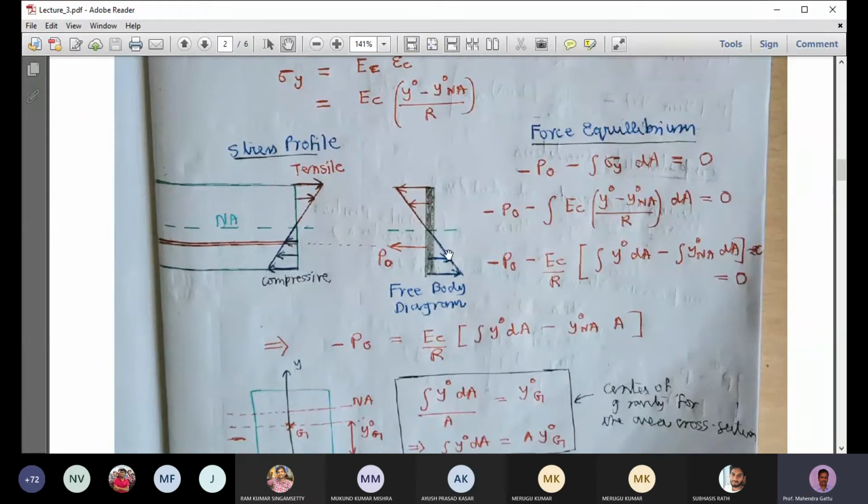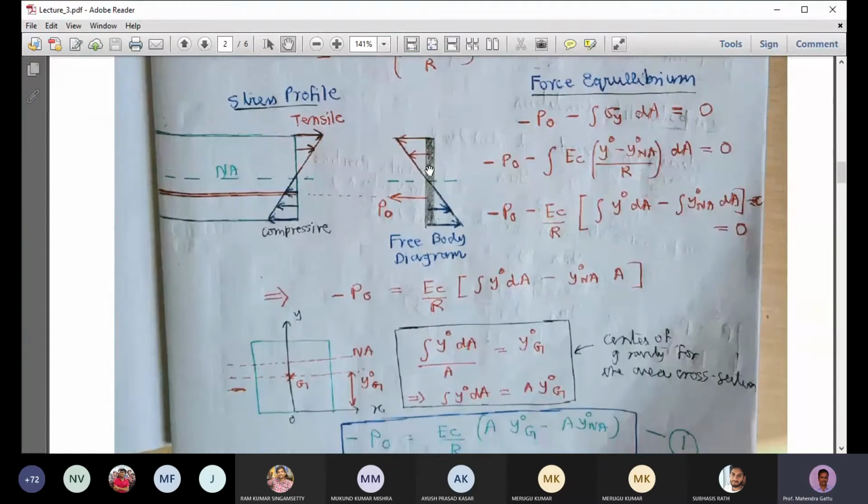Now, I found that we can probably do this in a simpler way, but since I have these slides, let's continue with this derivation. So we have a force P naught, which is acting at the level of the pre-stressing strand, and we have the tensile force and the compressive force, which here is acting to the left, and below the neutral axis is acting to the right. So we will write the force equilibrium equations and the moment equilibrium equations for this free body diagram for this plate.